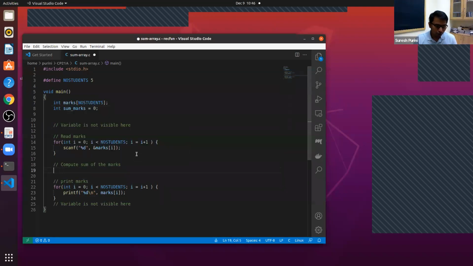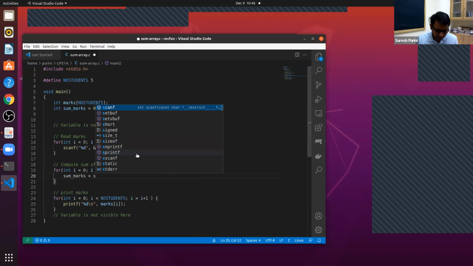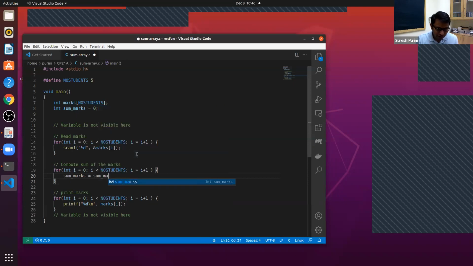Again, we have the same loop here. When we go through this loop for the first time, we improve our estimate by adding to sum_marks. What should we add here? What is the statement that comes here? Not i, marks[i].